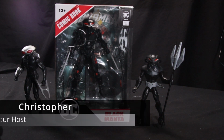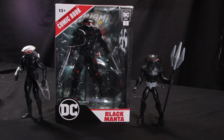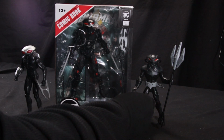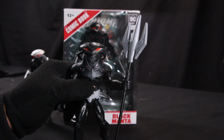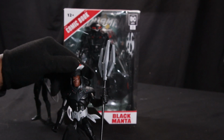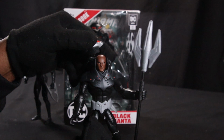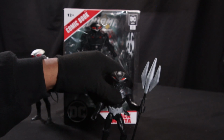I am your host Christopher, and as you can see we are surrounded by some Black Mantises, Black Manta. We have here my old school DC Essentials, I believe, Black Manta, and my Total Heroes Black Manta, who's been my favorite Black Manta for quite a while, if only because the Total Heroes line was kind of interesting in that they were some pretty basic action figures in the sense they all kind of had the same body, but like this Black Manta, his helmet actually comes off and reveals the face of one angry dude ready to enact some violence on some